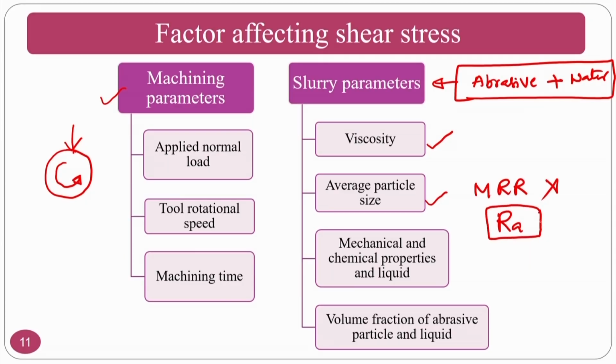Abrasive size of the particle: if you want to get a good surface finish, then you go for superfine or ultra fine particles. If material removal is the criterion, then you can go for coarser size particles. Normally, this particular process is used for the finishing of lenses. So in those circumstances, material removal may not be a criterion. The consideration is the surface roughness and figure accuracy and other things.